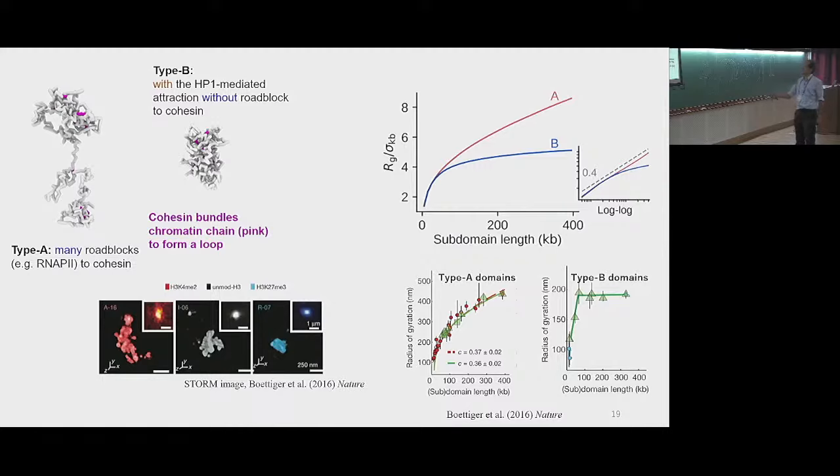This is for type A domains, fitted to an exponent of 0.4 or something like that. But the type B domains cannot be fitted with a single exponent, but show saturation behavior. And the simulation reproduces this tendency with the exponent 0.4 for type A domain and a saturated, non-exponential radius of gyration